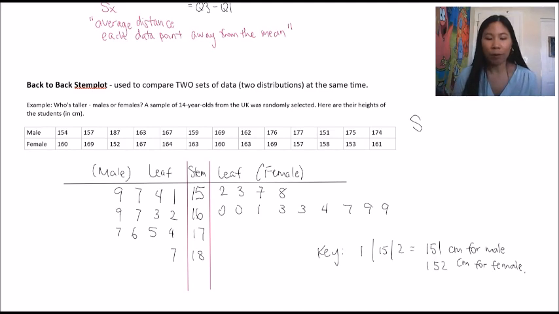So it looks like for the males, the shape is skewed to the right because you have fewer big numbers than there are of the smaller numbers. It's actually almost uniform except for that last bar. So for the males, it's skewed to the right. For females, it's